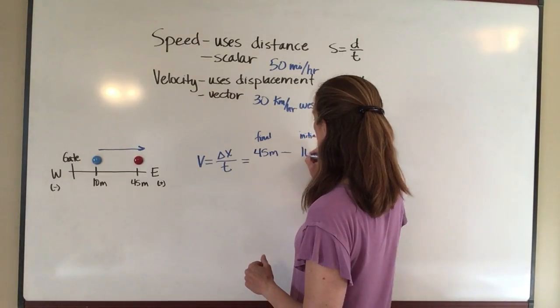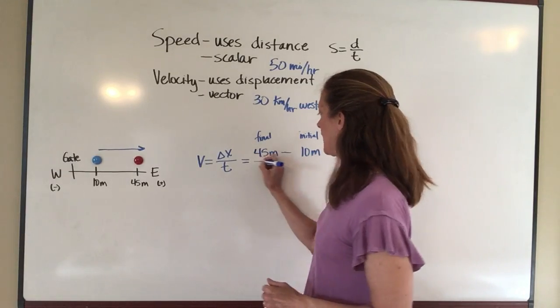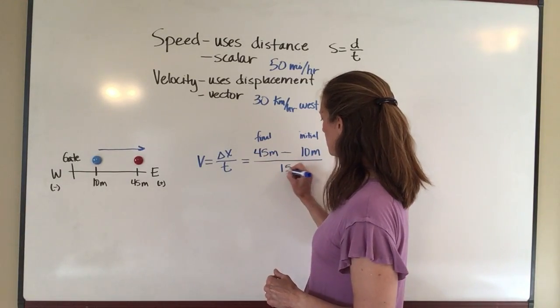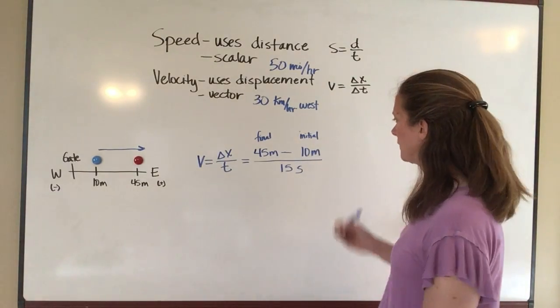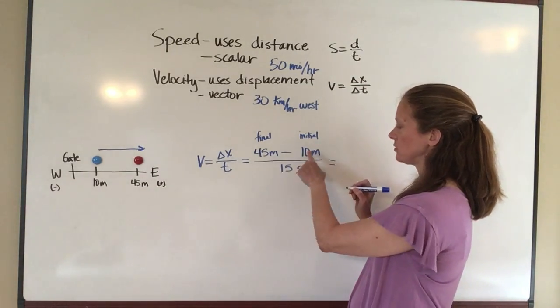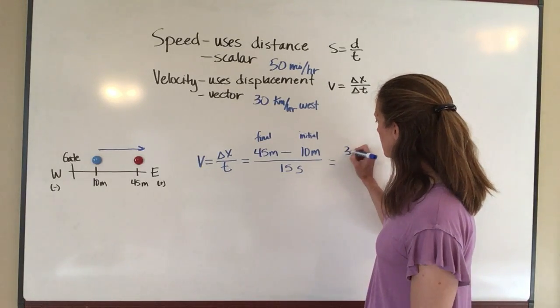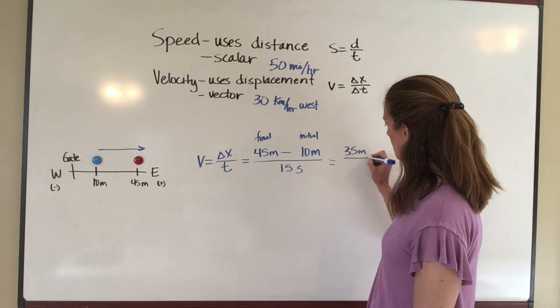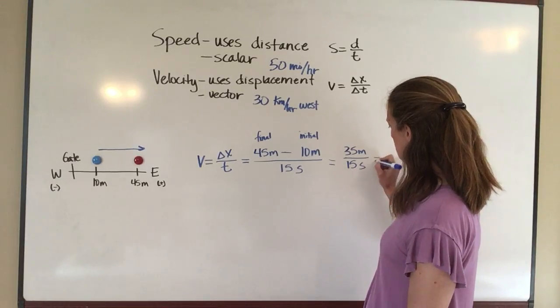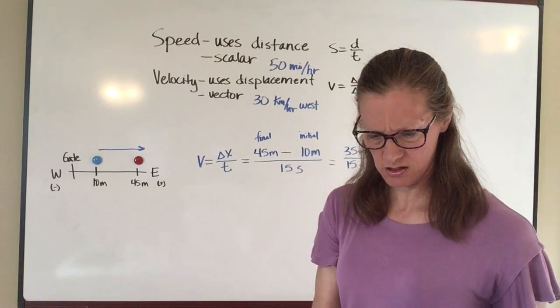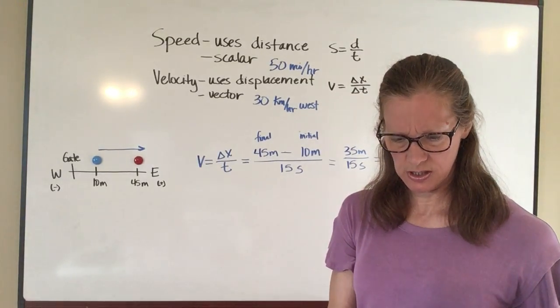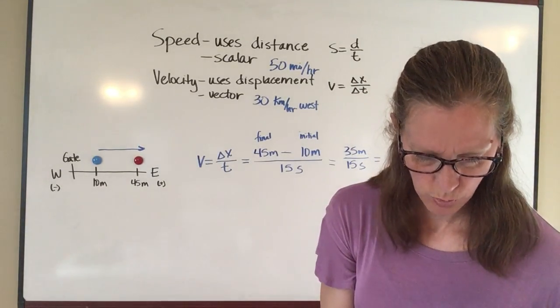His initial location was at 10 meters. And it took him 15 seconds in order to do that. Okay, so when I take 45 meters minus 10 meters, I get 35 meters divided by 15 seconds. And so if I take 35 divided by 15, that's going to give me 2.3